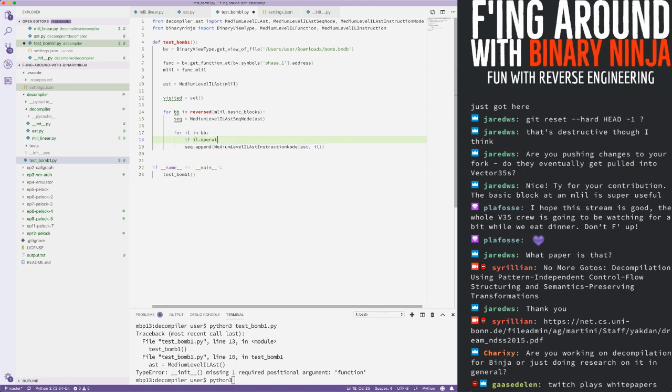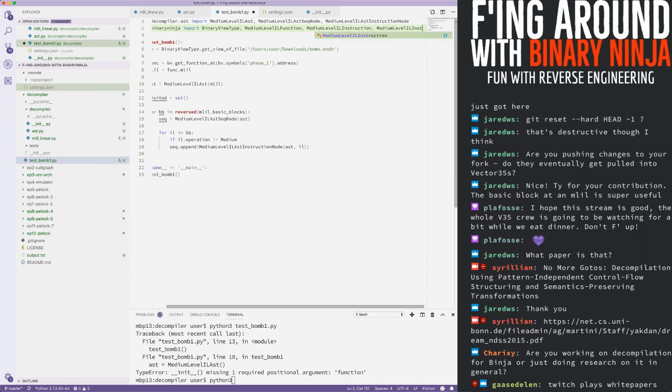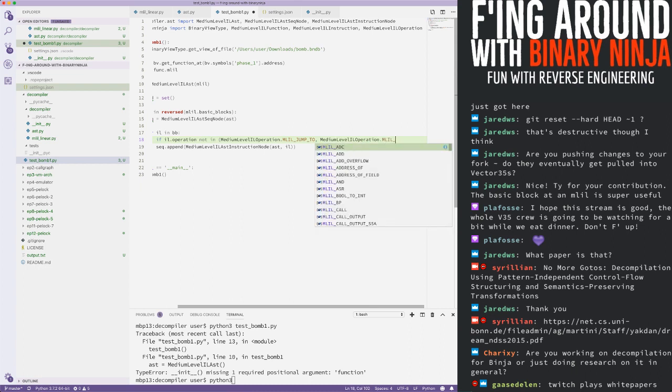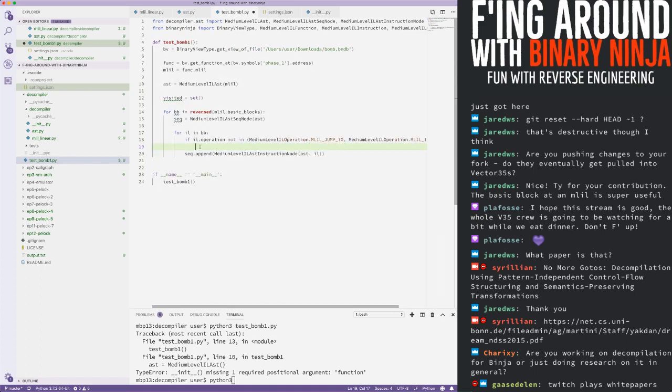But if IL.operation is not equal to operation, jump to, if, and then if it is an IL operation, dot IL if, then